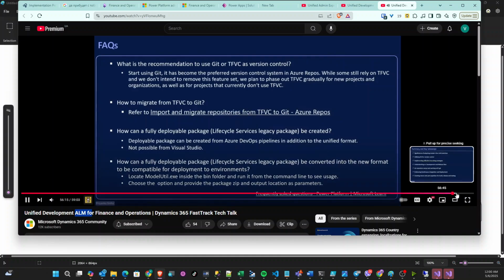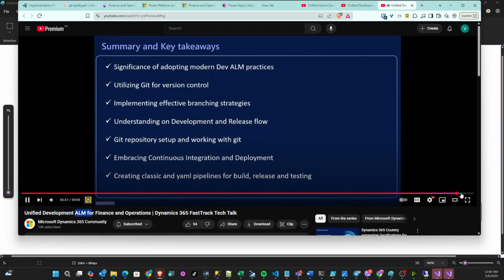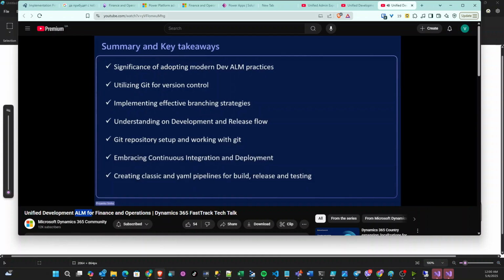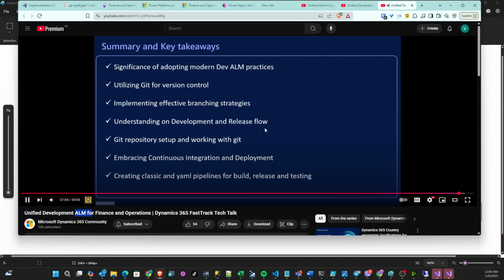Down some of the key takeaways. As we wrap up our session, the main key takeaway is the importance of fully understanding the unified dev ALM from start to finish and embracing Git for version control. We also touched on the branching strategy, emphasizing that it should be tailored to meet the project needs and facilitate various